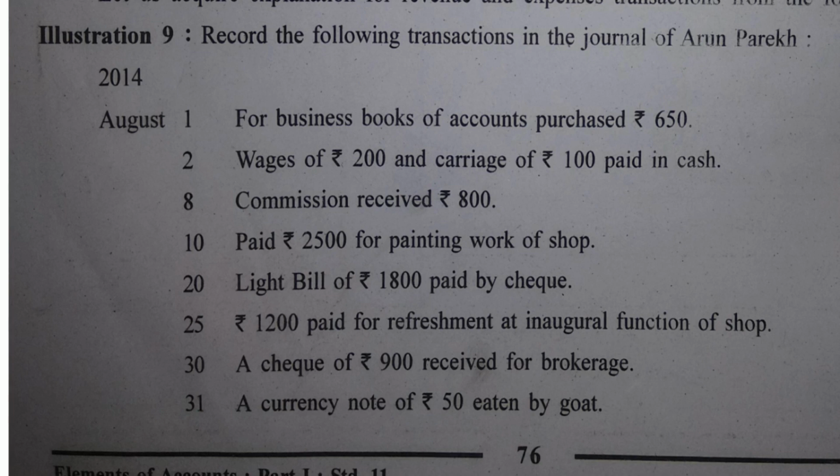Now see, this is a different type of transaction. This is of course a loss. 50 rupee note has been eaten by goat. So this is sundry expense. Obviously it will not happen again and again. So sundry expense account debit 50, and of course rupees 50 cash goes out. Credit what goes out. So this is considered as sundry expense. Sundry expense account debit 50 rupees to cash account 50 rupees again.